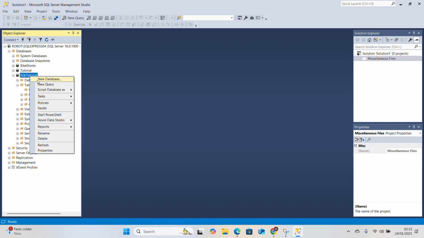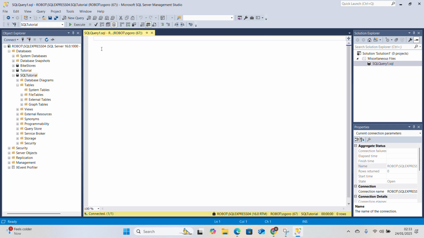Make sure you select this new query. So the first thing that we need to do is create a table. To create a table is very easy. These are the commands of SQL that you need to write in order to create